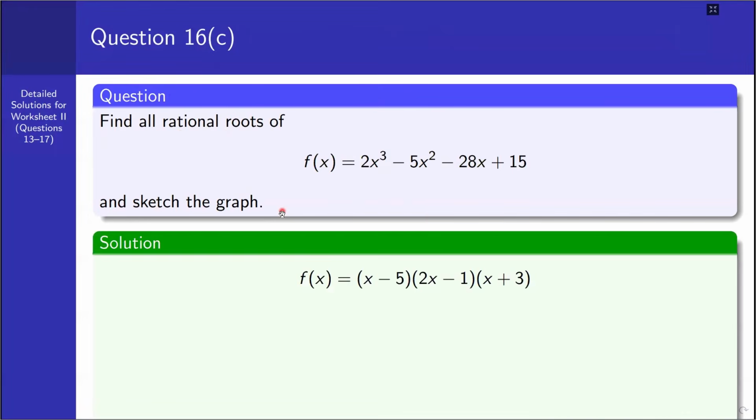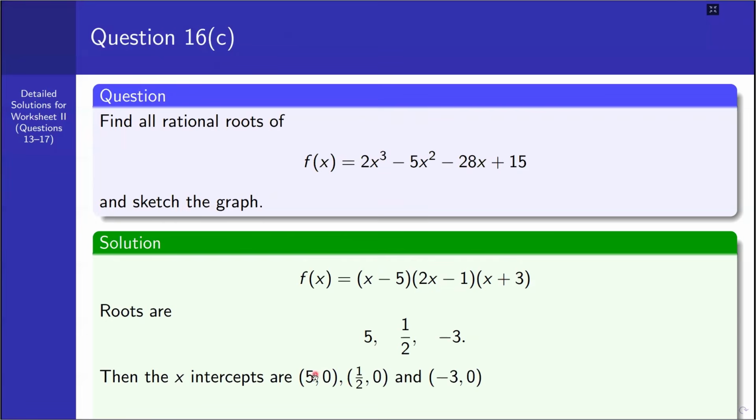It is a similar question. First we look for the roots, by using factorization. The roots are this one, that is 5 from the first linear factor, 1 over 2 from this, and minus 3 from this one. So once we have the roots of this polynomial function, to make the graph we need to know the x-intercepts. So